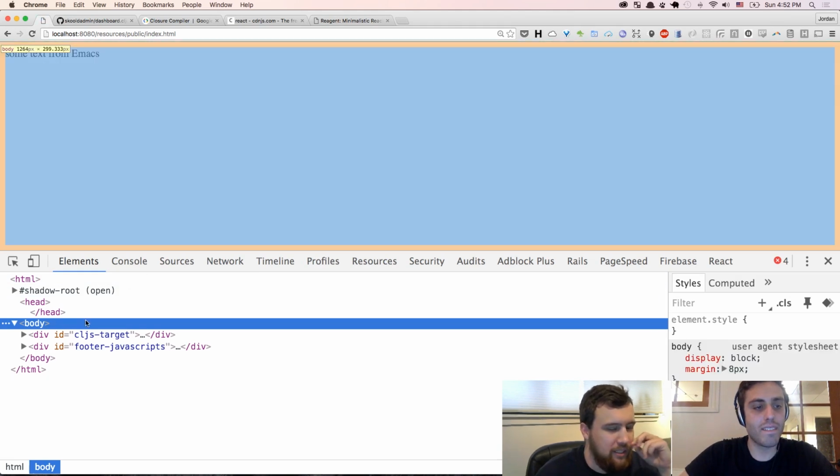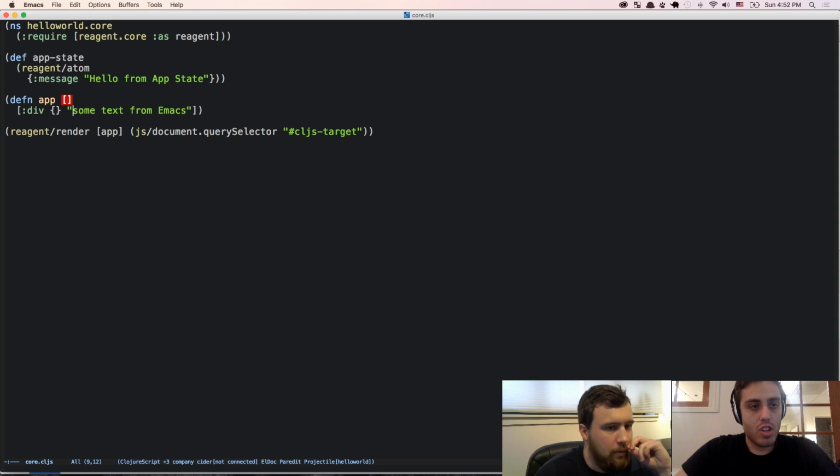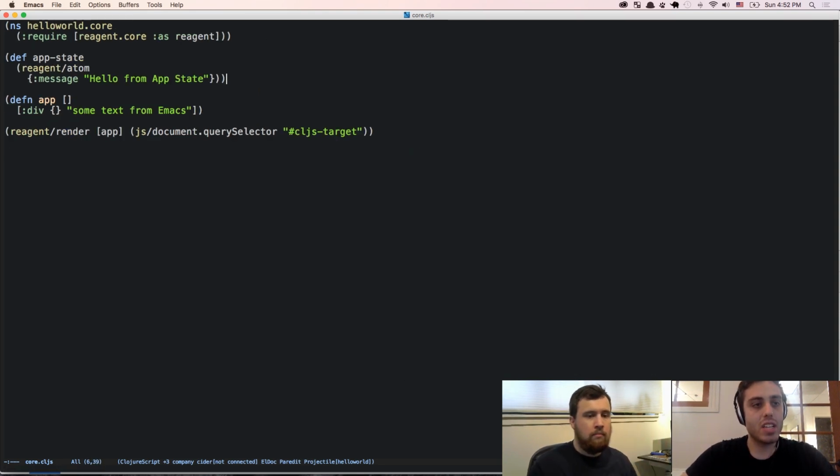Okay. So now we have a message in our app state, and I want to show you how this works. Instead of this some text from Emacs, we'll dereference the message at app state, and we'll call message on it. And we're gonna put a JS/set timeout